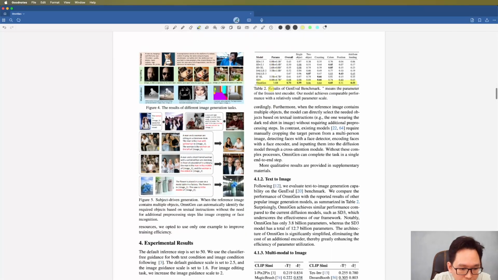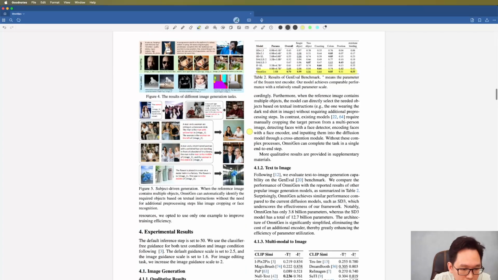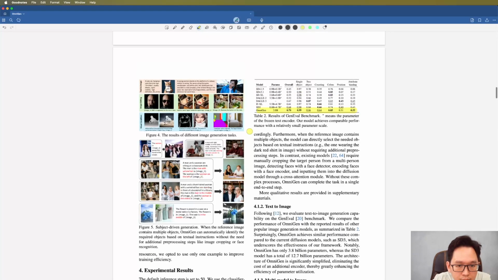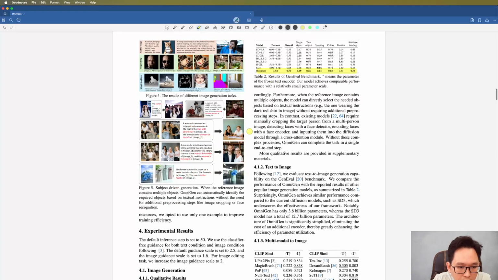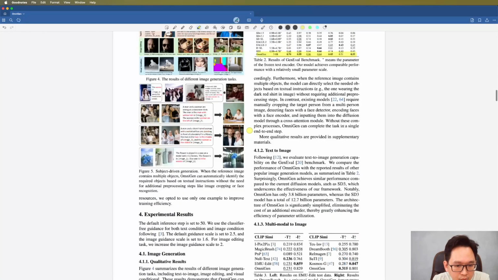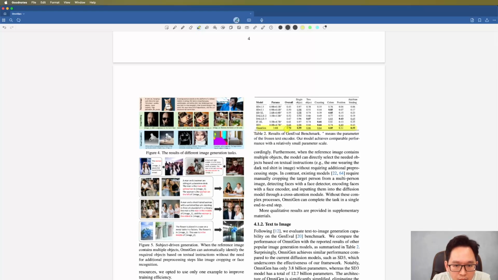So that is a few short image. Okay, so experimental result. They show some benchmark against different stable diffusion models, DALL-E, etc. And they train a 2.8 billion parameter model. And we can see that